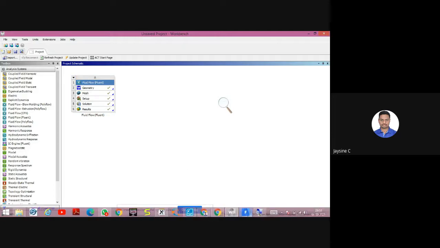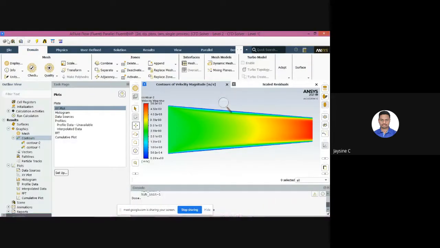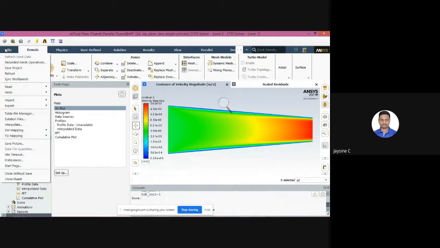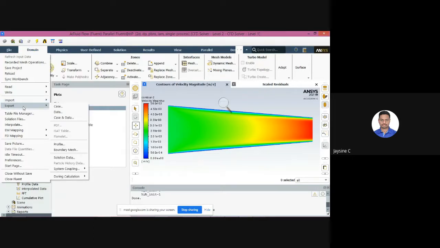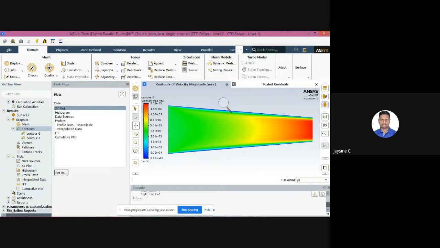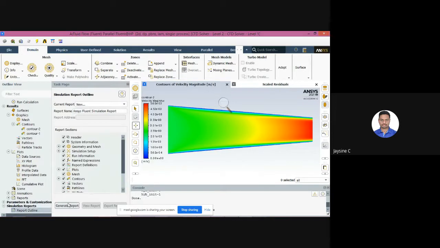I'll extract the result. Go to file. Sorry, go to simulate, report, online report. If I click generate report,